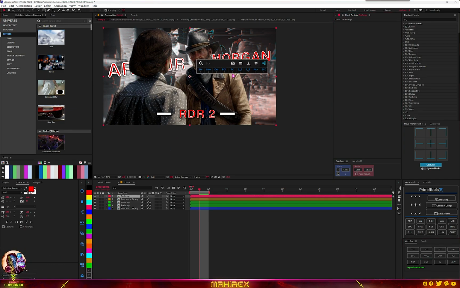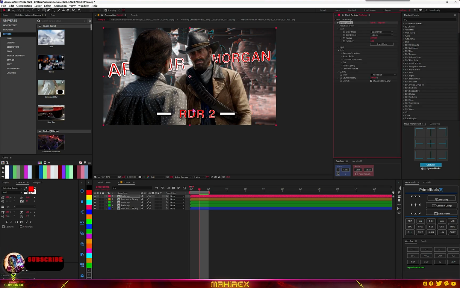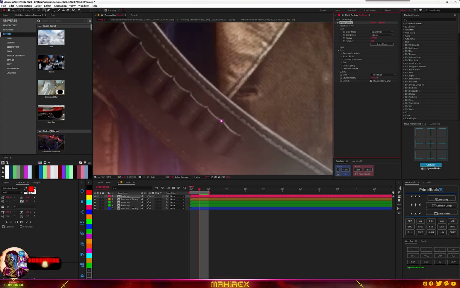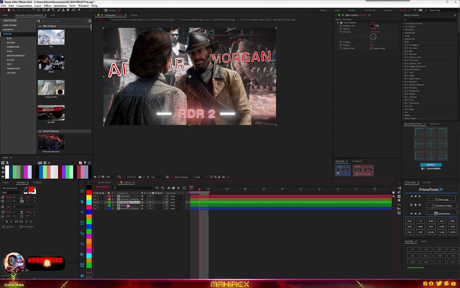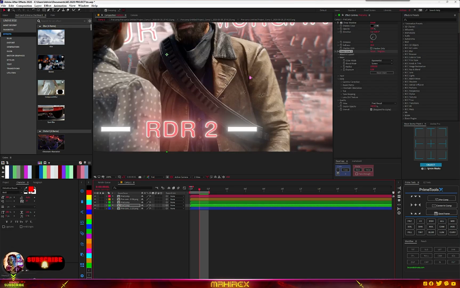and now add deep glow. So I'll go for the deep glow 2 and just go to your exposure and just bring it down. So I'll go for something like this, and we're going to give this. So copy this and add it to the remaining text. So Control V, paste it to this, and add it to this too. Control V. So at the end, this is what we have, and now all we have to do is add our